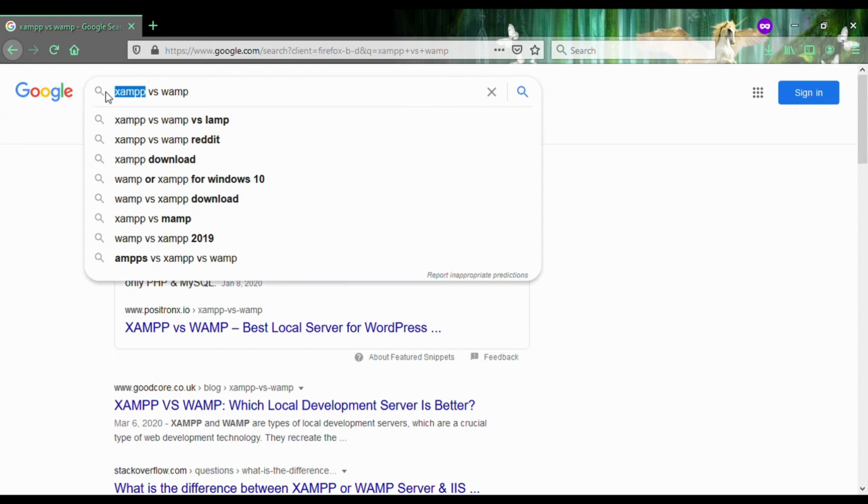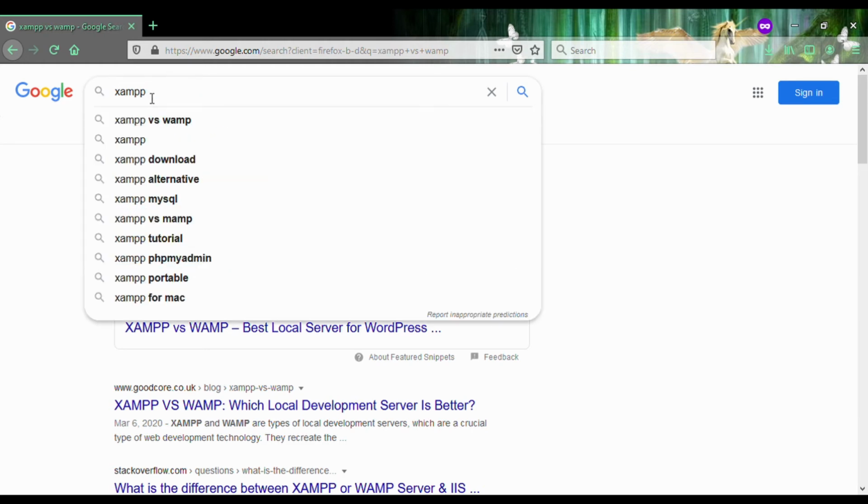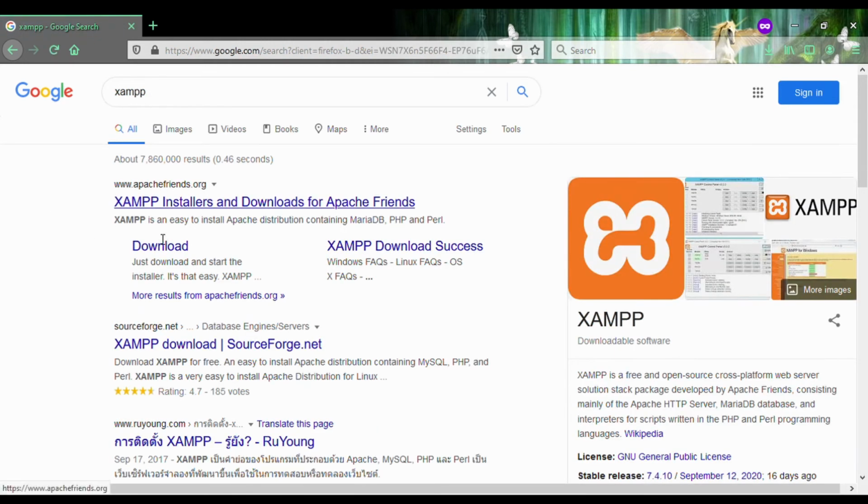There are many options. Two of them are XAMPP and WAMP. It's up to you. You can use any of them. But the most important thing is, when you install one of them, try to run it. If it runs without error, that is great. If there is an error, then you need the easy way: uninstall it and go for the second one and run it. All right, so I will go for XAMPP, and to install XAMPP, we have to go to the